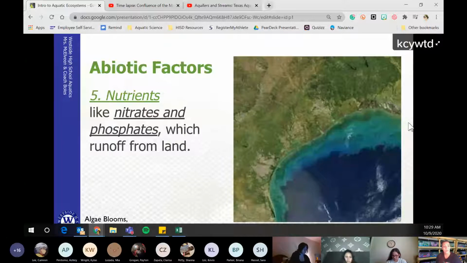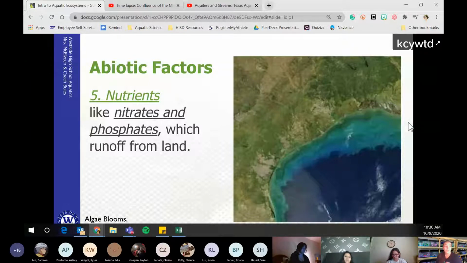All right, you need to have nutrients as an abiotic factor for an ecosystem. How much nutrients you have depends on how much you can sustain in that ecosystem. That's why wetlands, the last mainland ecosystem before you hit the ocean, have a lot of nutrients that can support a whole bunch of life. Phosphates are another thing that you need. You need that for DNA and proteins, which all life needs.